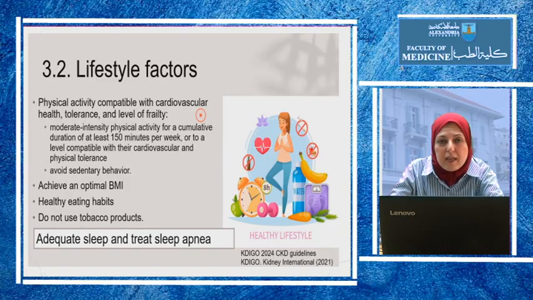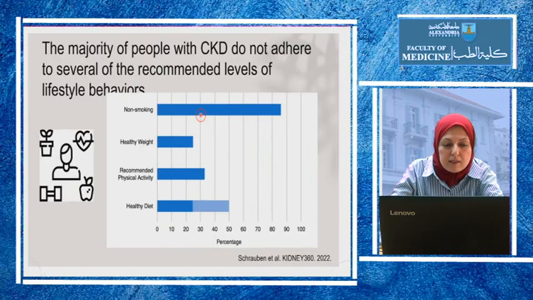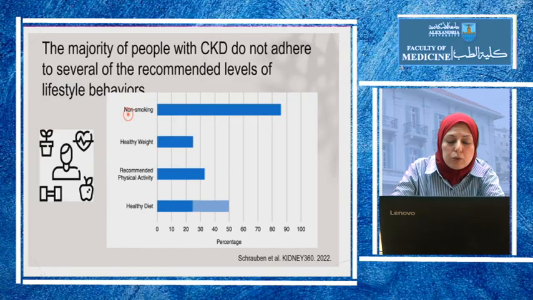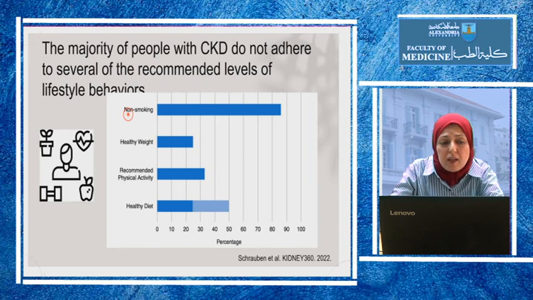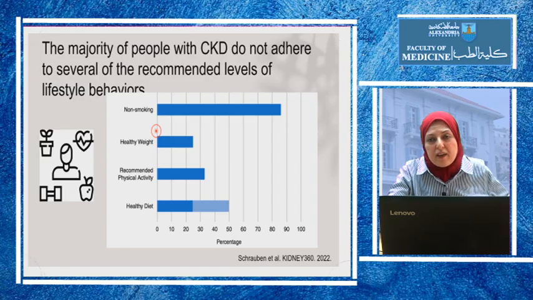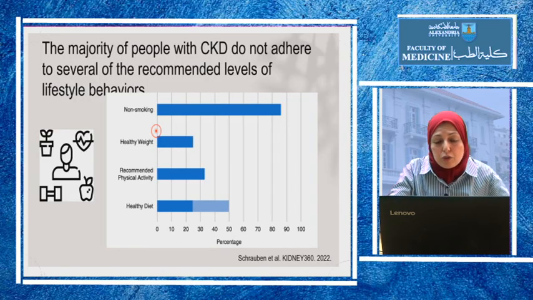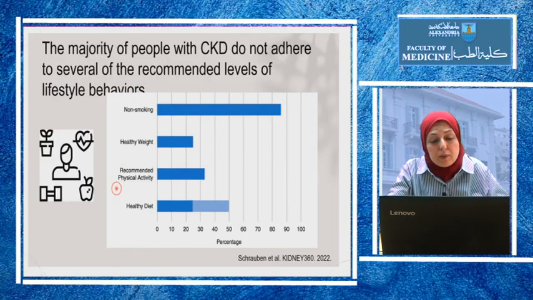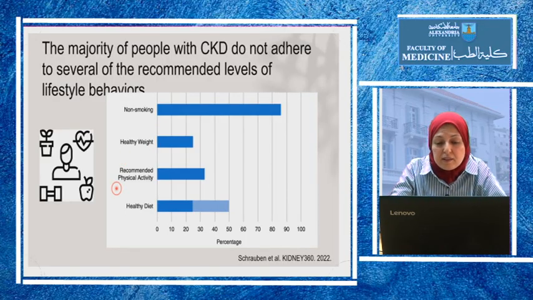So 8 hours of sleep, especially at night, is also very important in controlling blood pressure, in controlling hyperglycemia, and in maintaining healthy kidneys. So actually the majority of patients do not follow this. Smoking is the most commonly abided by recommendation. Many patients, when they know that they have CKD, when they know that they have diabetes, they have increased cardiovascular risk, stop smoking. But actually maintaining healthy weight, performing the recommended physical activity, eating a healthy diet is more